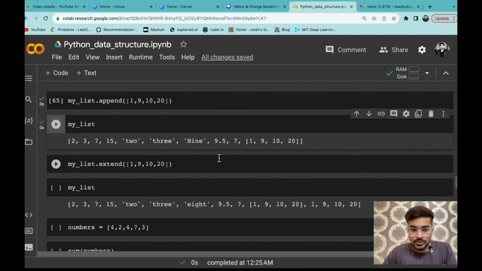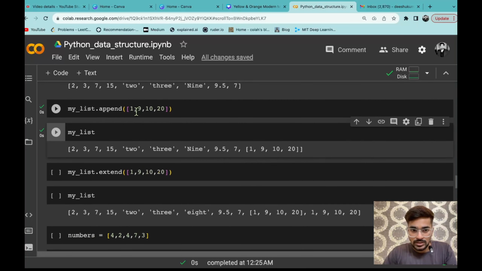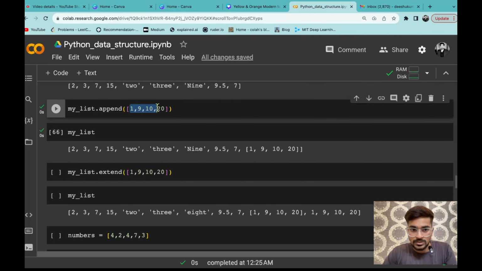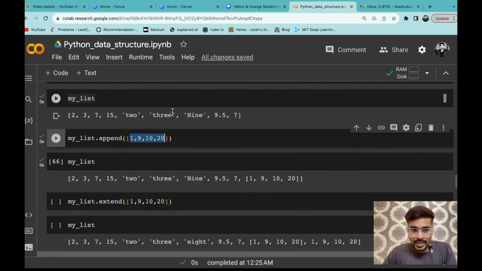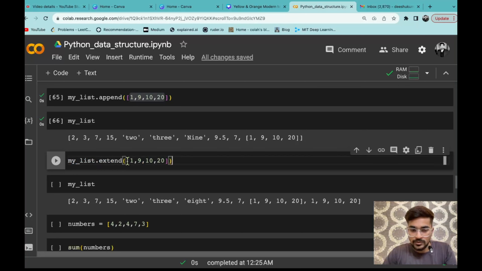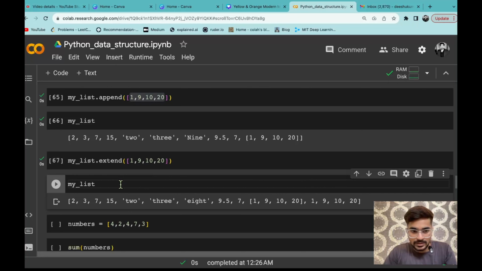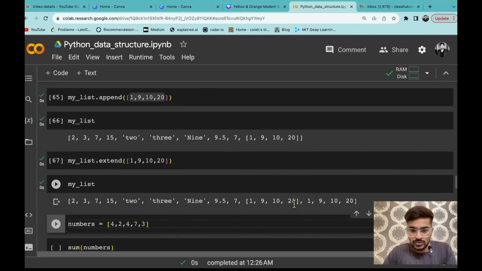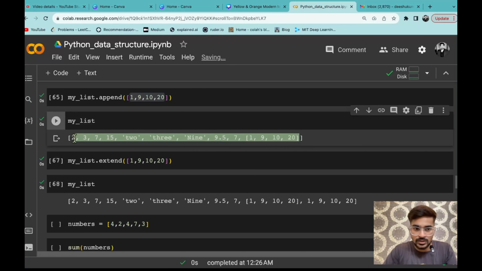So for inserting all the elements of that list to your existing list, you can use that dot extend method. So you can see if I just used my list dot extend, and if I provide the same list, you can see what it is returning. If I just print my list now, you can see that this was the latest update of my list.